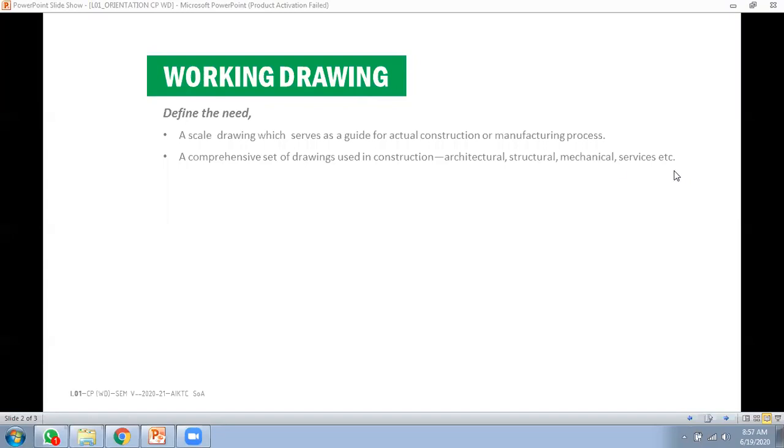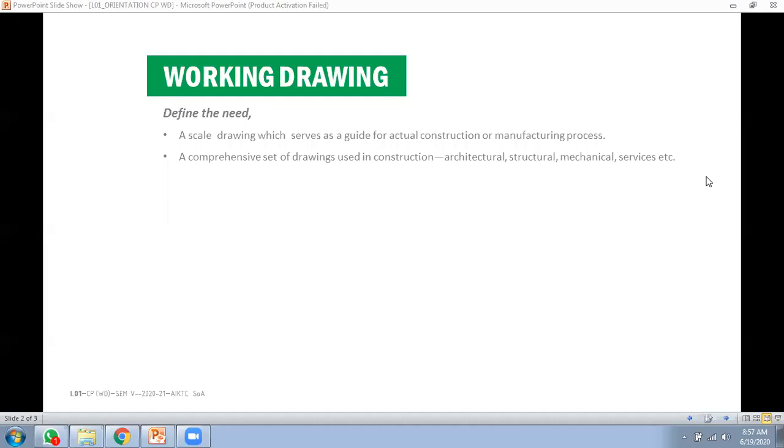Okay, so when people are going to call you for the information, it is going to delay the project. So you have to be very specific, very thorough in your understanding of the drawing: what needs to be provided in terms of information and what not to be provided. In working drawing it is also important, because these are all 2D drawings, not 3D drawings, and no 3D rendered views are part of a working drawing set.